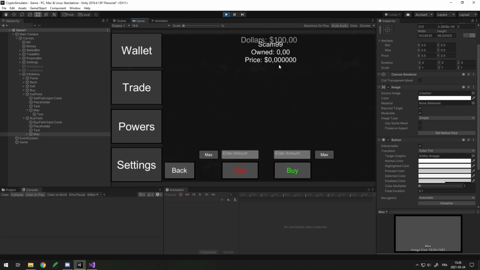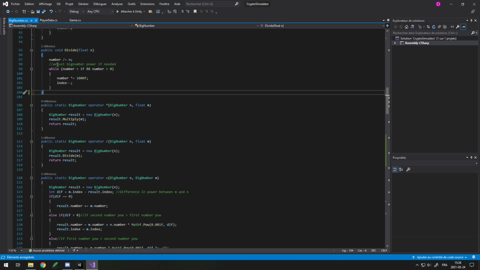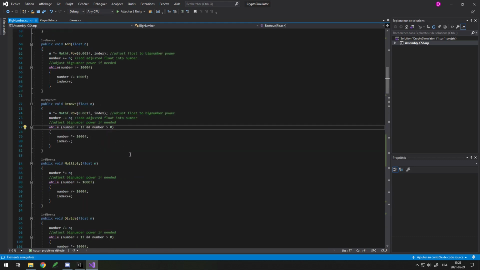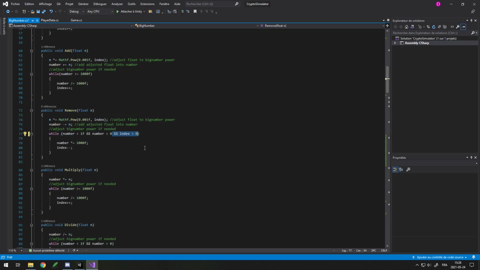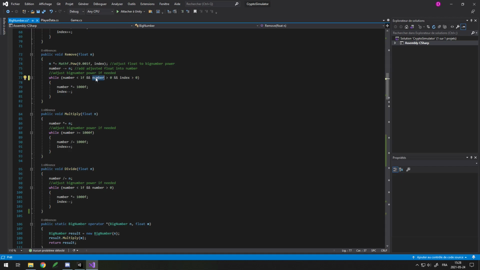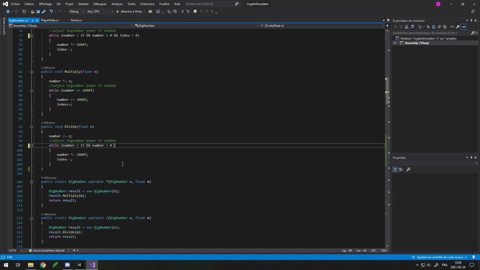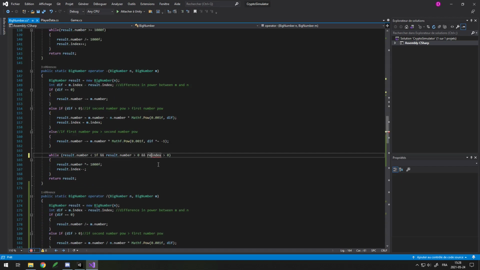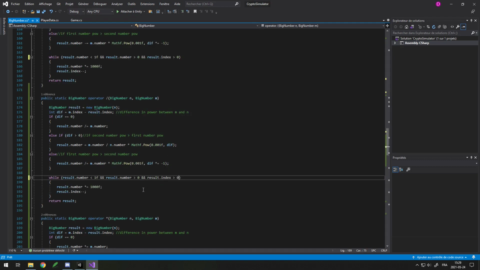Now you can see that my coin here is getting scaled down to 0, and that's because we have our division happening until we're at 0. So everywhere we put number greater than 0, we can also add an index is greater than 0. And using that, when we go below 0, it's no longer going to multiply and reduce our index. And we just have to add this to everywhere we did that. So in the remove, in the divide, and in the subtraction with the result dot, in the division, and now